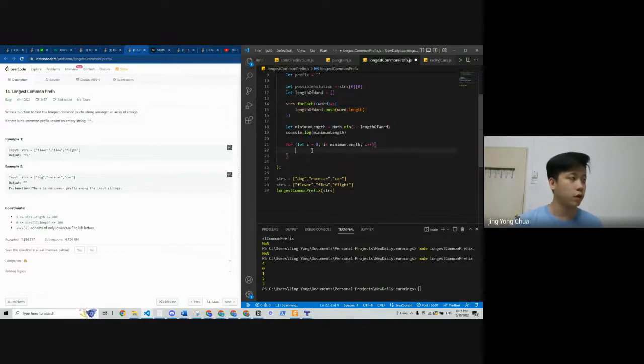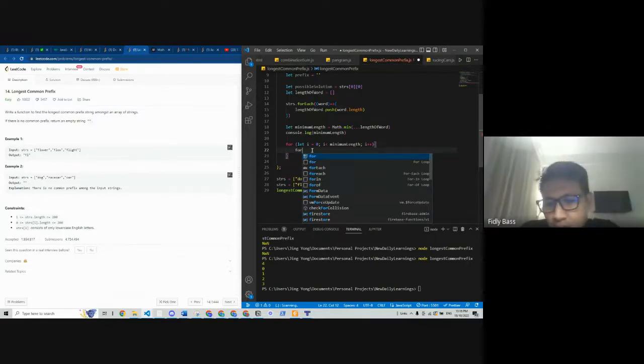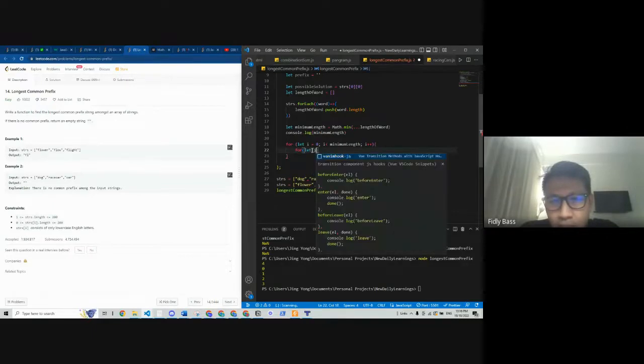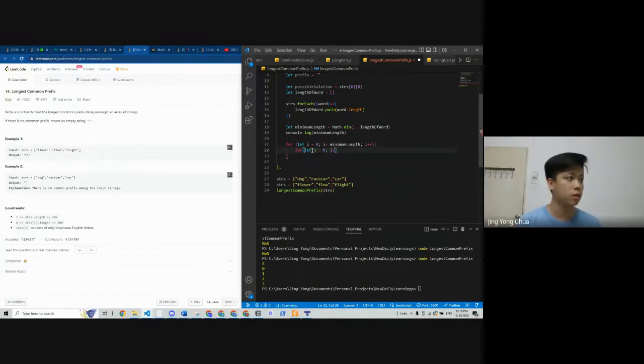I think for each of the words, we need to check through each. Oh, now I see why he used the for loop within a for loop. It must be less than the string's length.